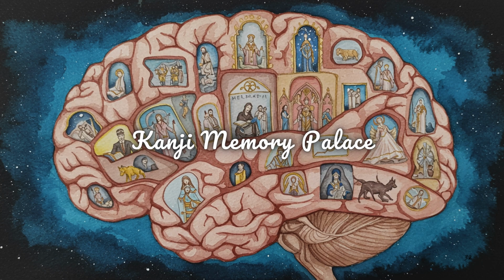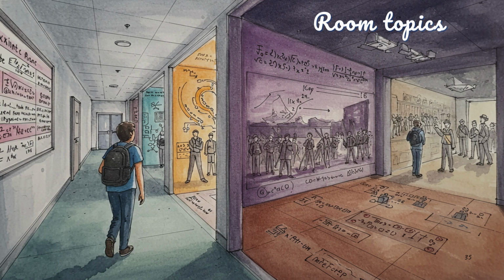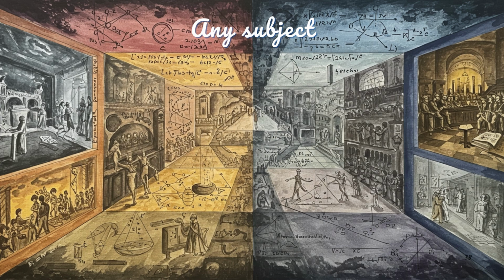Japanese students, especially those preparing for kanji memorization, often use a technique dating back to ancient Greece: the memory palace. How does it work? You imagine a familiar place like your house and assign each room to a topic or a concept. Place key ideas inside those rooms and mentally walk through them. Japanese students use this to memorize thousands of kanji characters, and it works for any subject, from history to science